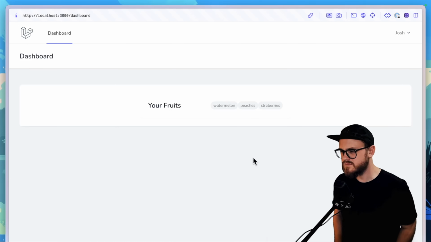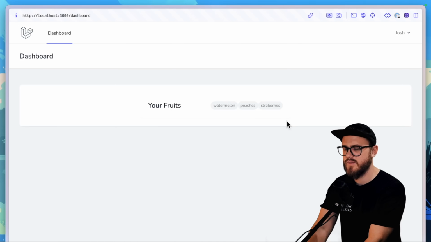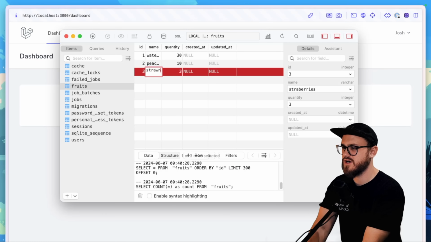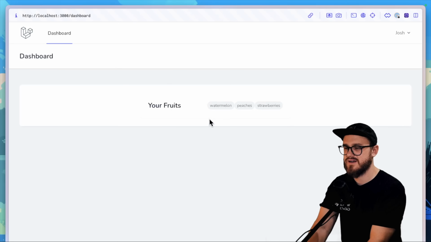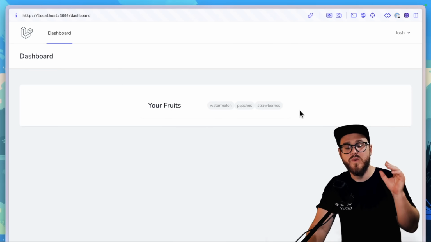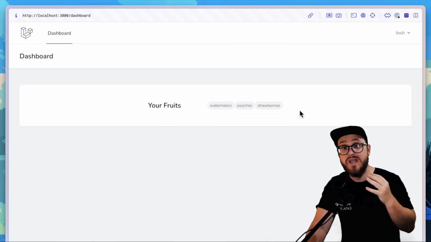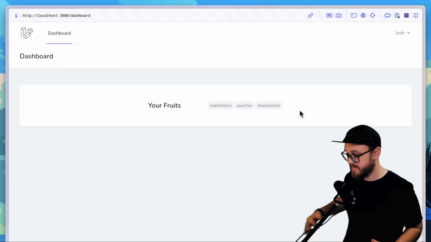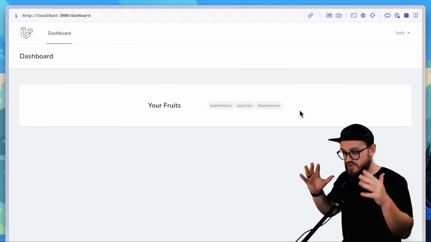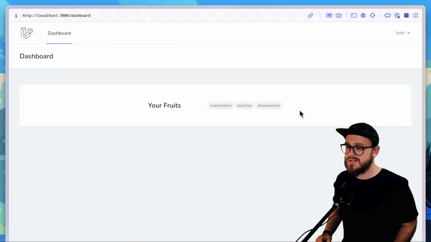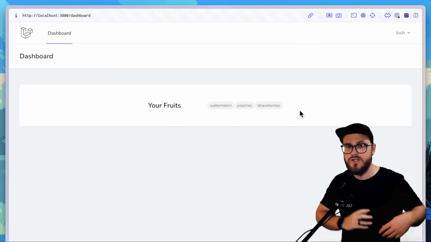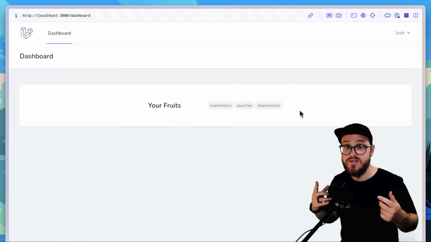There we go. So we have watermelon, we have peaches, and we have, oh, let's go ahead and change that. So we have strawberries. Aha, perfect. Now, what if we wanted to only make this available to the user? Because we're using Laravel on the backend API, this just makes that so much easier because now we can say, I only want to grab the fruits that are associated with the user. So why don't we make that change on the Laravel backend and then see how easy it is to implement